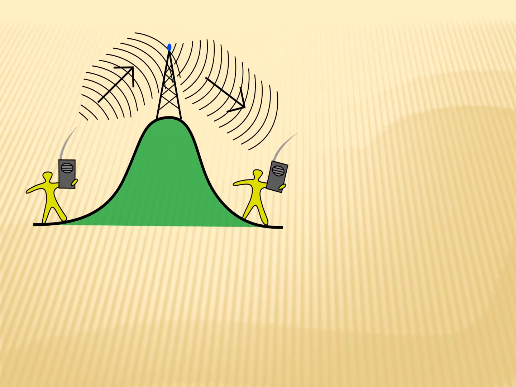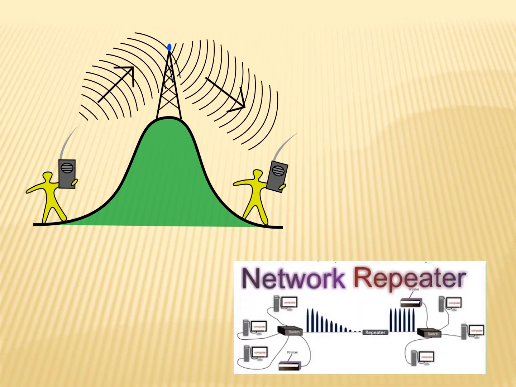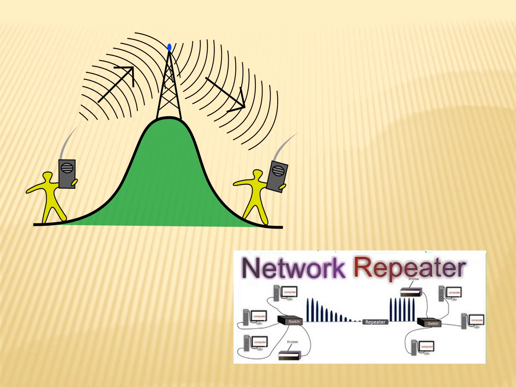So you can see here there is a diagram of a repeater where the weak signal is being transferred to the tower. From the next end it is amplified and then sent to the other end. This is also a diagram of a repeater. You can see here how the weak signal is given to the repeater from one network. It is amplified and then it is sent to the other end. So by this we complete the concept of repeaters. So what is a repeater? It is a physical layer hardware device which is used to reshape and amplify the signal.